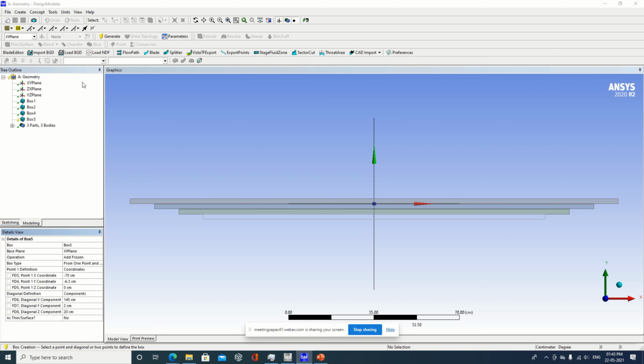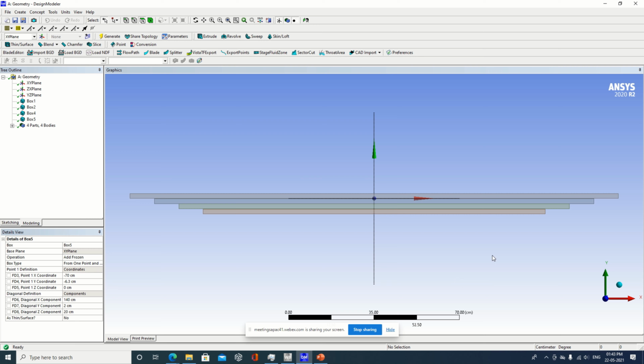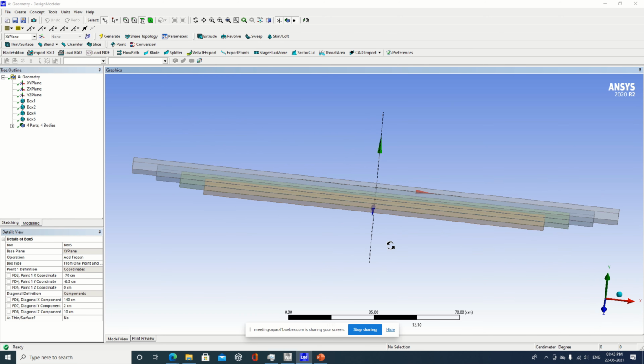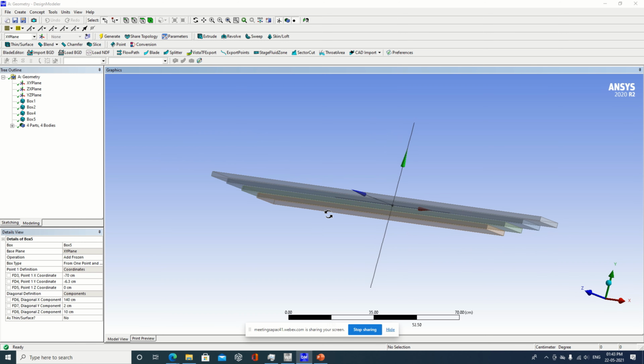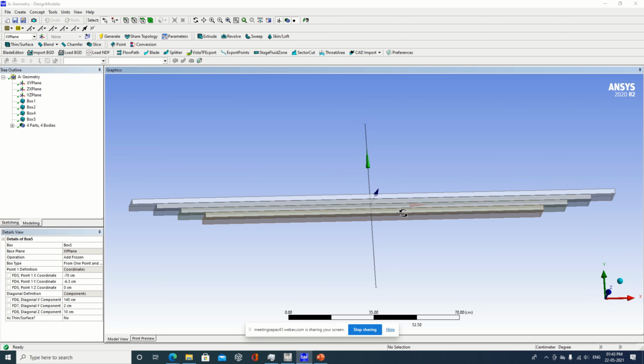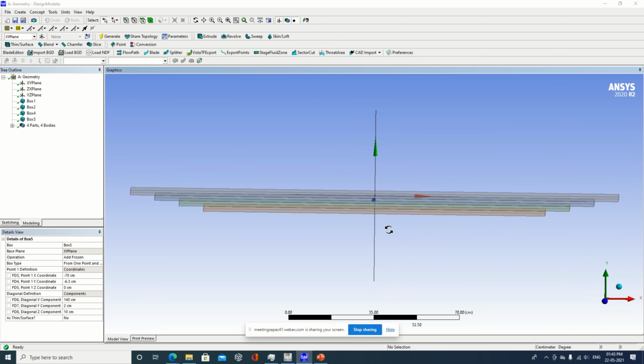Now make it frozen, I will generate. So this is how the, okay, one thing is left, it is 10. Okay, make it generate. Now it has been over here. So this is how the spring has been prepared, with some small clearance also provided in between these cases, and we are proceeding further.